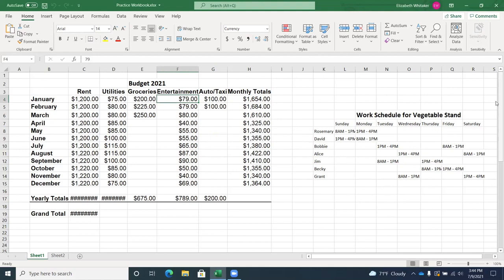$79.00. All right, so we're in cell F4. It told us it was setting the cell marker. So now I'm going to down arrow to December. February, March, April, May, June, July, August, September, October, November, December. $69.00. F15. All right, so we're in cell F15, and I am going to activate voice assistant this time using